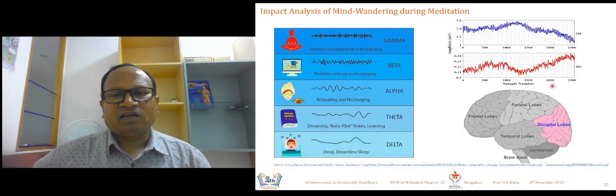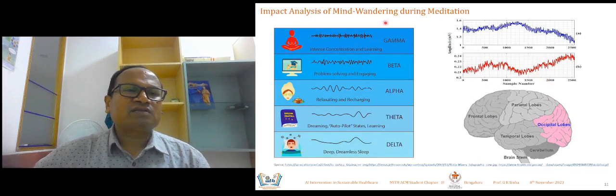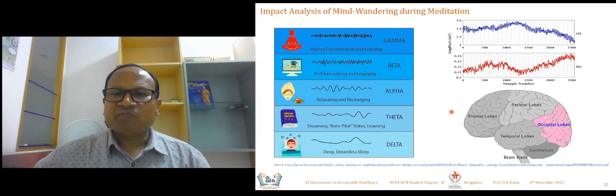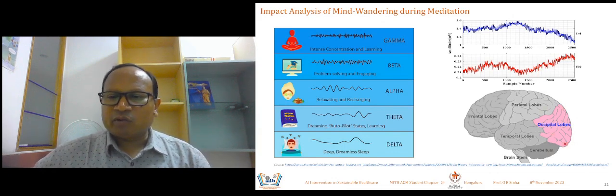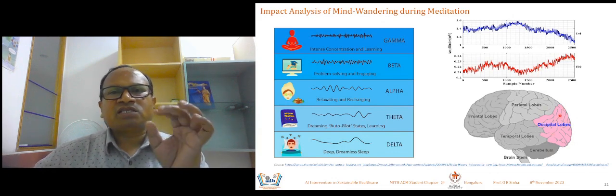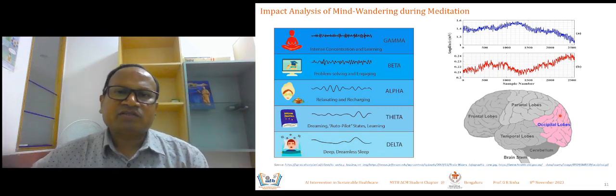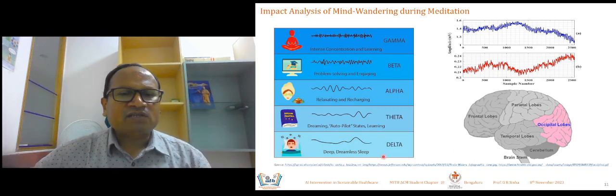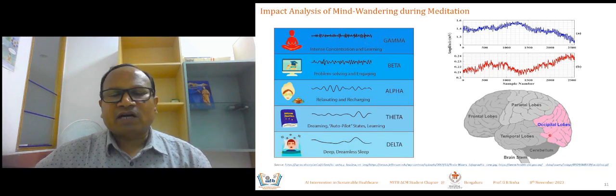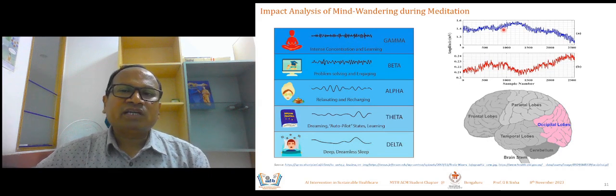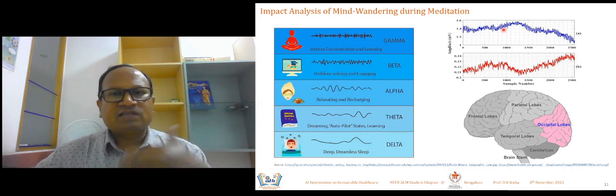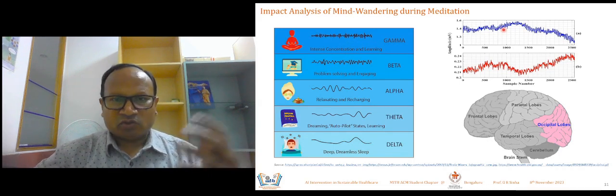One of the practical works that we are doing is studying the impact of meditation on mind wandering. We could clearly see that before meditation and after meditation there is a change in EEG, especially when we focused on the occipital area. In the occipital area there are channels from the EEG device, O1 and O2. When we saw this gamma wave, we found this high frequency wave, which is part of EEG, is significantly reduced. It means mind wandering is considerably reduced when we meditate.